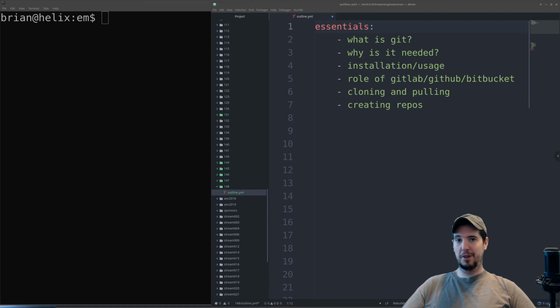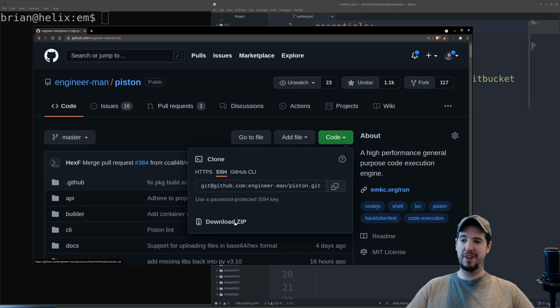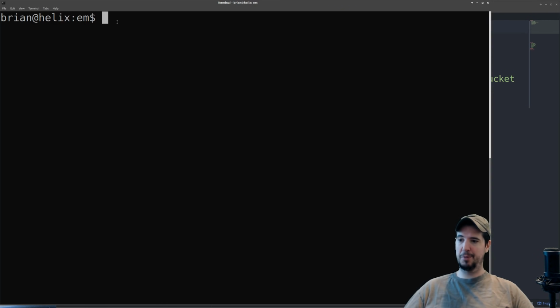But let's just say you found a piece of software on GitHub and you want to use it yourself. You have Git and you'd like to pull a copy of it down to your system. So let's say you, purely in the context of a user, wanted to use the Engineer Man project Piston. There's a couple ways you could acquire this software. The first is just simply downloading a zip file of that software, but there's a better way, and that's to use git clone. To clone a repository, copy the URL, go to your terminal, type git clone, paste the URL,